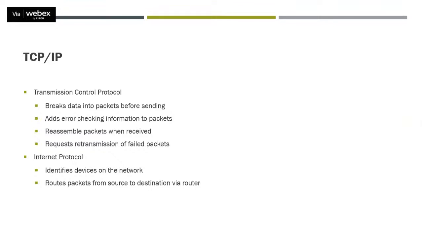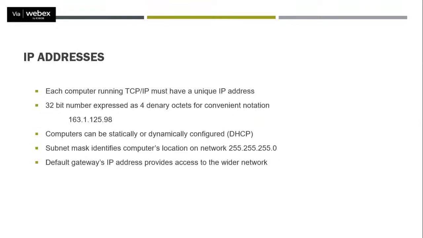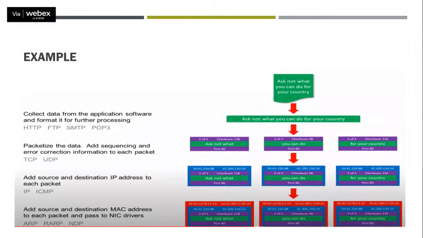Like in the TCP/IP model, the transmission control protocol breaks data into packets before sending. Whenever you create a request, suppose you open the browser and create a request for yahoo.com, first the connection is from your physical connectivity. Let me show you the diagram that will be more helpful for you.